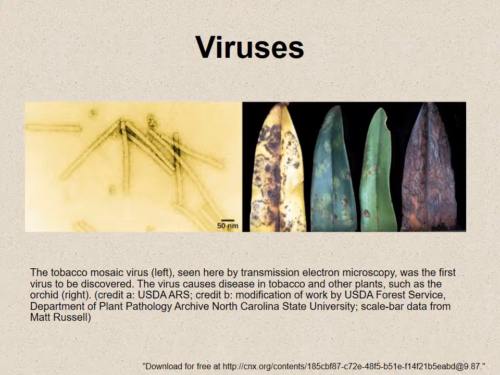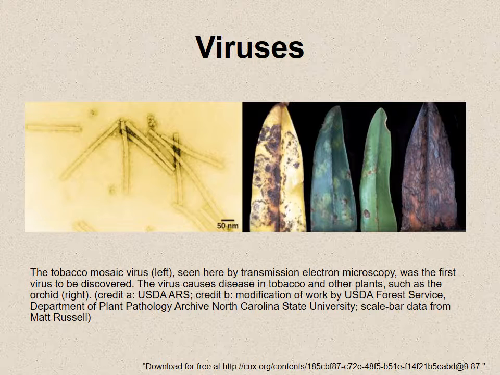Again, from the learning objectives, we know that viruses are acellular and they're parasitic. And because they're acellular, they're not going to be found in any of the kingdoms, because all the organisms that are in the kingdoms are composed of cells. Now, unlike most living organisms, viruses cannot divide. What they do is they infect a host cell, and then they use the host cell to replicate identical virus progeny particles.